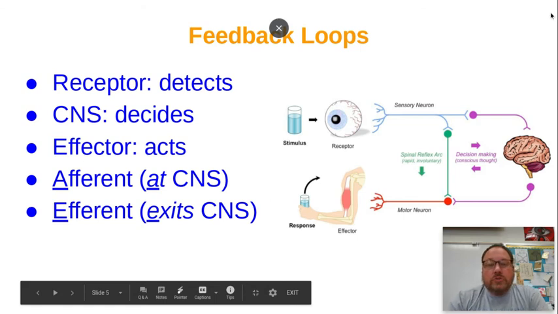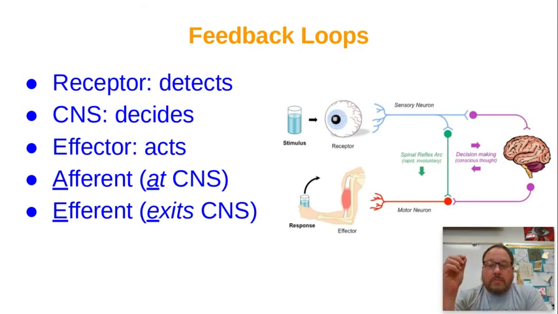Now, looking at the structure of feedback loops, the receptors are located all over the body and they detect what's going on. In this scenario that you see here, the eye is detecting the stimulus, which is the water. The central nervous system, which is our brain and spinal cord, then makes decisions. It either recognizes the stimulus or it doesn't, and then it decides to act. And then the instructions are sent to an effector. And an effector is either a muscle or a gland because they do things. Muscles contract and move the body around or move things through the body. Glands release chemical messages or hormones.